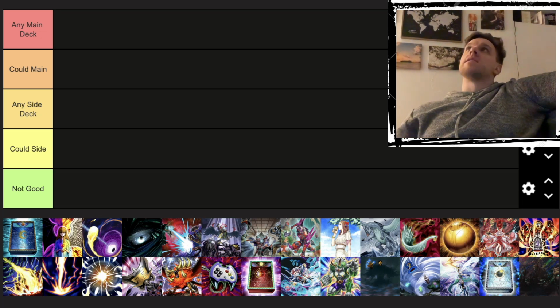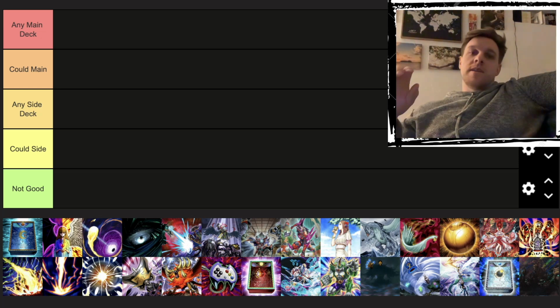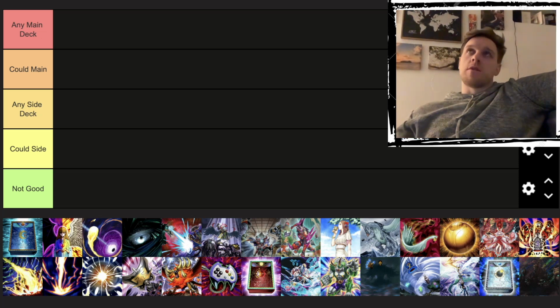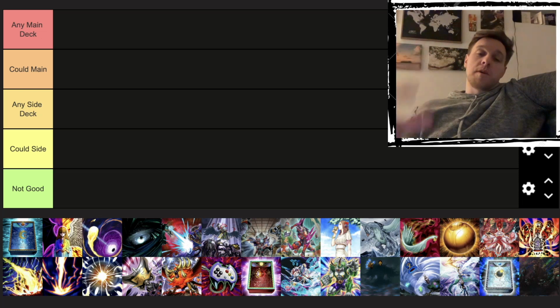And I know I already did that spreadsheet thing where I rated all of the hand traps and non-engine options, but that didn't really tell you what to do with them. Like, do you put them in the main deck or am I side decking those? And I definitely didn't hit a lot of these board breaker type of cards. I was only looking for main deck cards and not really trying to figure out what to put in my side. So yeah, we're going to talk through each of these options in the tier list that's set up here,